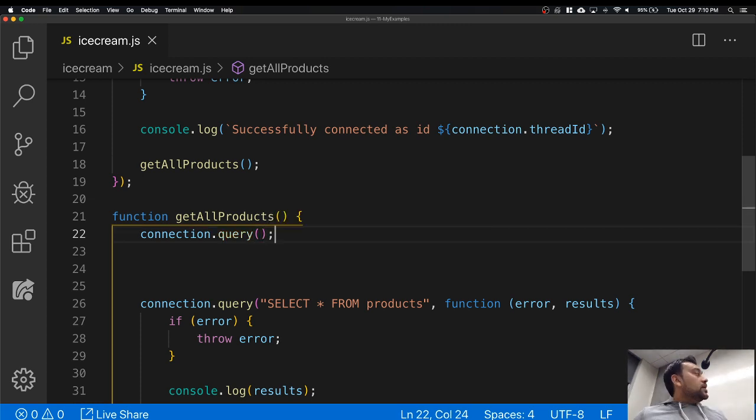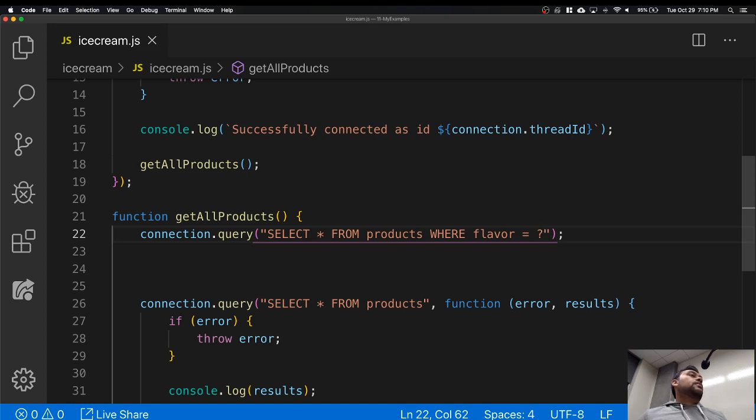This time it's going to have three parameters. The first one is still going to be the same select query, and then we're going to modify this and say select products where flavor is equal to